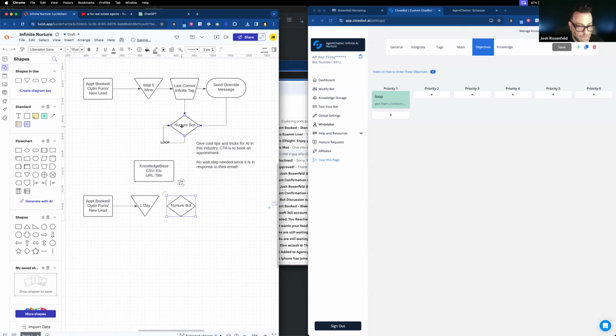We'll call it nurture. This is infinite bot 1. I'll name it different. This is going to be infinite bot 2. Okay, so what that's going to do, this is going to do something like this,